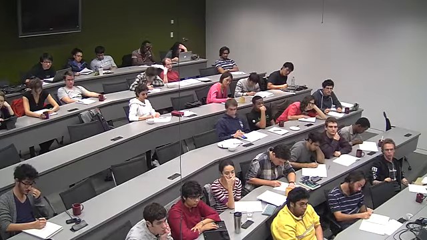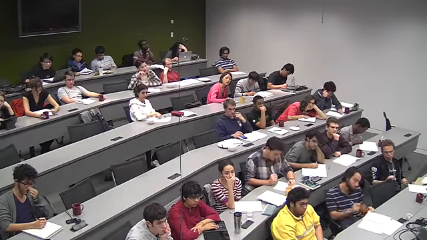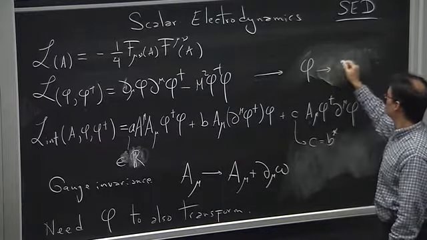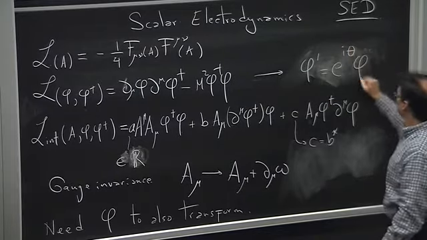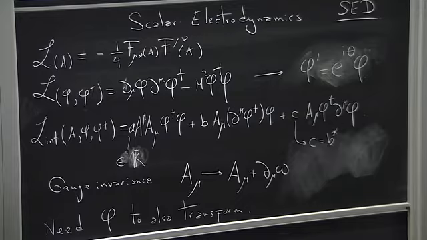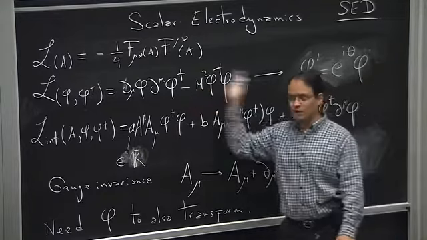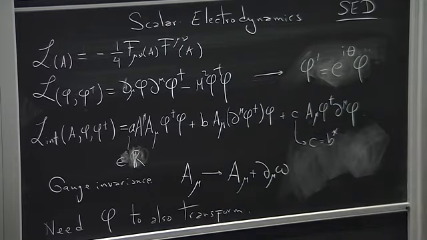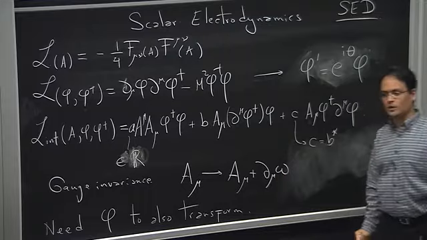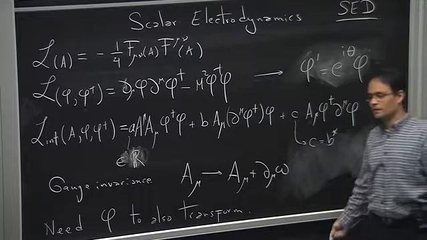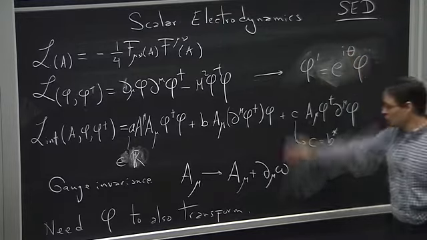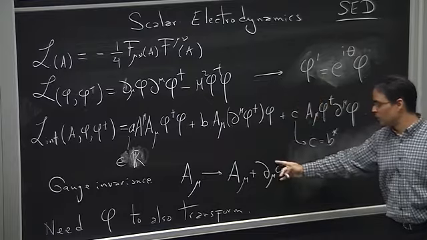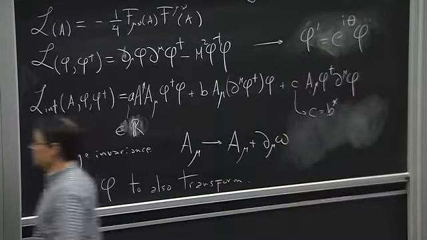A U(1) transformation. So this Lagrangian is invariant under sending phi to, well, that's a silly notation. Okay? So we know that. So this Lagrangian is invariant under this transformation. Okay. So why not try to combine this together with this transformation and see if we can get something out of it. Of course, if this guy is just an overall phase, there is no chance of helping out the problem with this guy. But